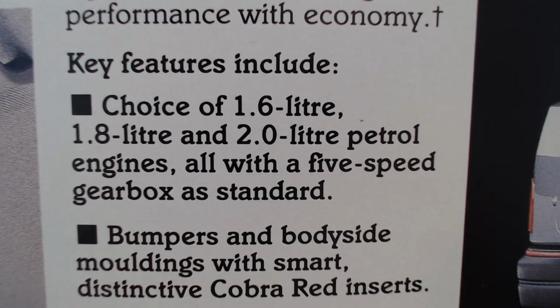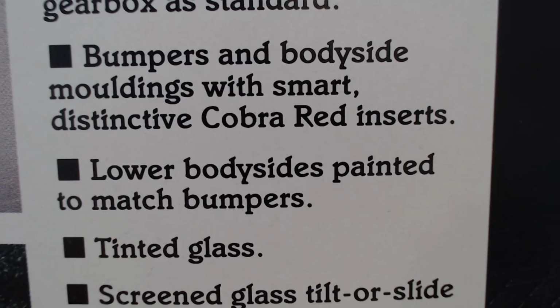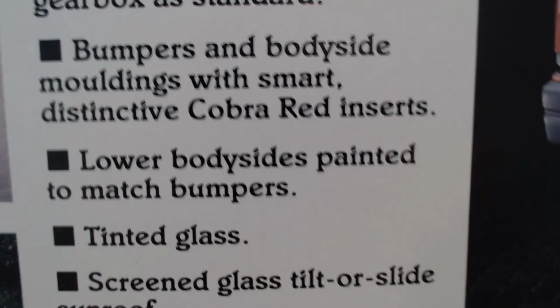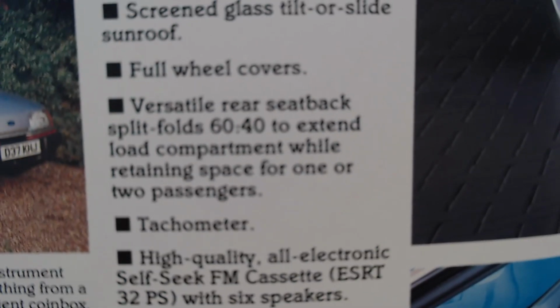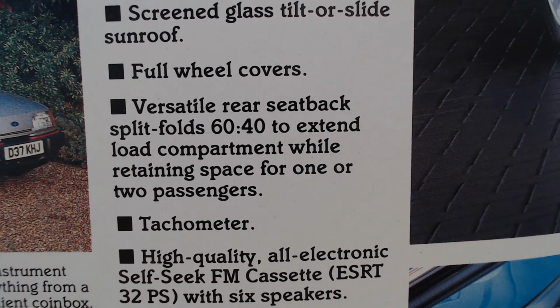So we can get a 1.6, 1.8 and a 2 litre, no diesel for your LX. I don't think that went with the red inserts. I think maybe that's what they were thinking. So we get bumpers and body side mouldings with smart distinctive Cobra red inserts, lower body sides painted to match bumpers, tinted glass, tilt and slide sunroof, full wheel covers. We get that 60-40 split in the rear seats. We do now get a tachometer,